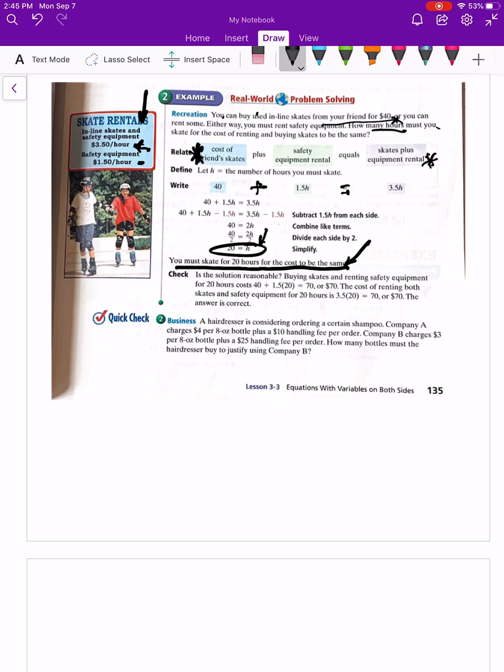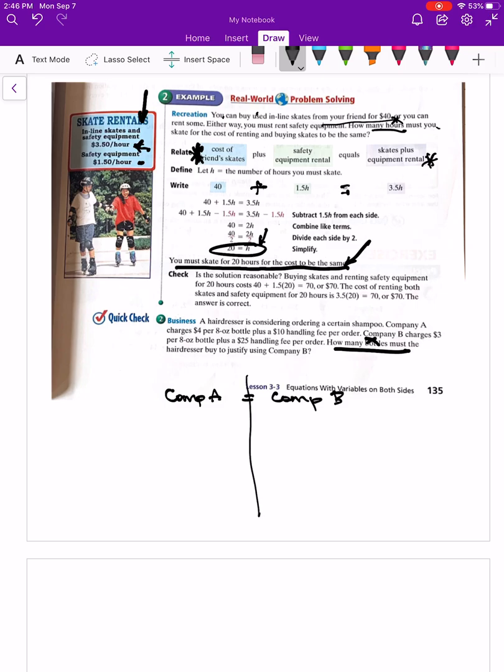So let's look at this one, number 2. It says a hairdresser is considering ordering a certain shampoo. Company A charges $4 per 8-ounce bottle plus a $10 handling fee per order. Company B charges $3 per 8-ounce bottle and a $25 handling fee per order. So how many bottles, so that's our X, how many bottles must the hairdresser buy to justify Company B? So you've got two things, and again, we're comparing Company A to Company B, and